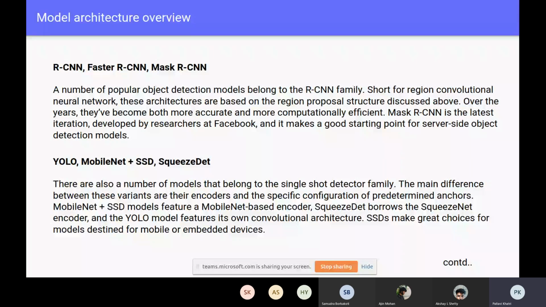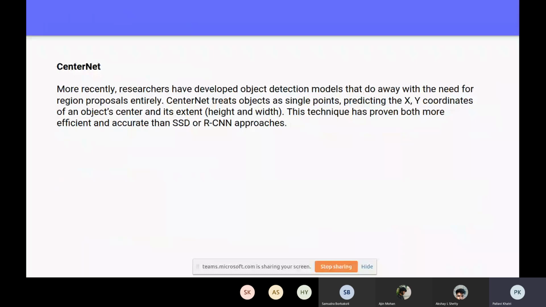Another, most recent thing that has come up is CenterNet. This model considers an object as a point, predicting that point as the center of the object. They find the coordinates of the center of the object and then extend its width and height.